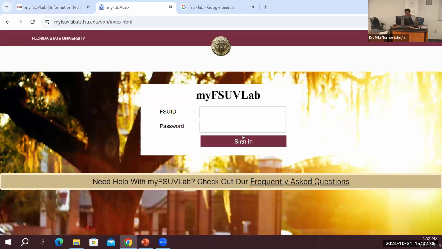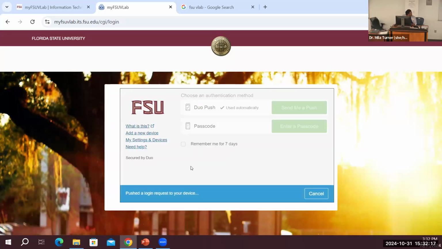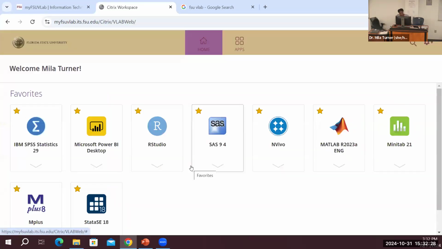I was signed in, but it signed me out because it's too long. Then it's going to ask you to verify you are who you say you are. And this is what the inside of the VLab looks like,